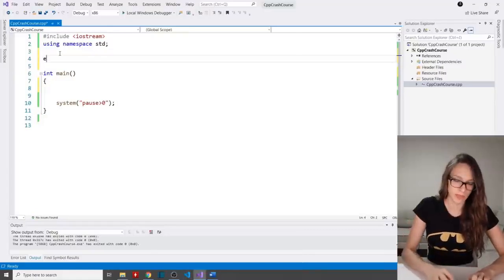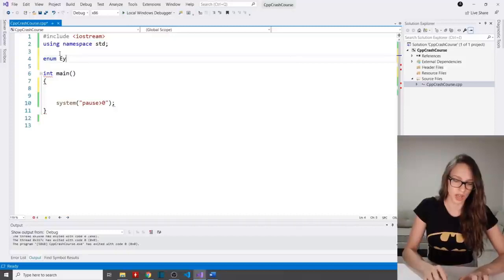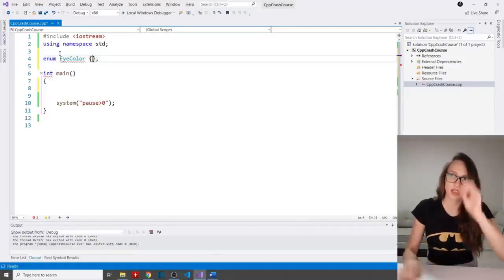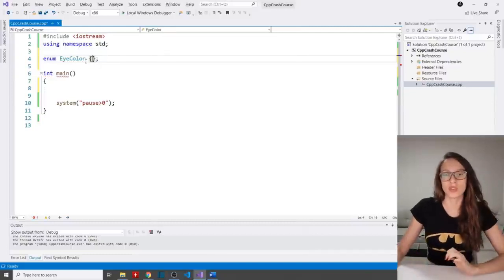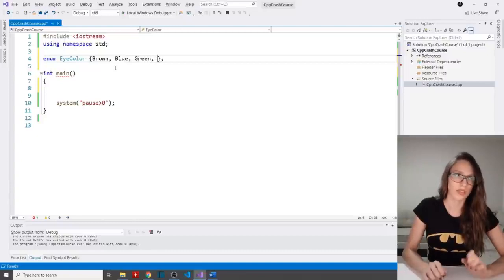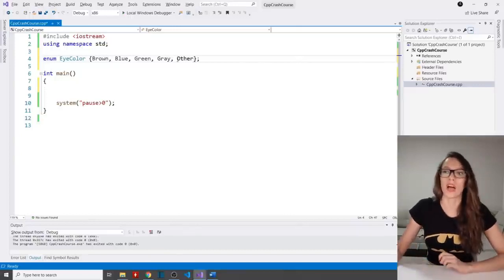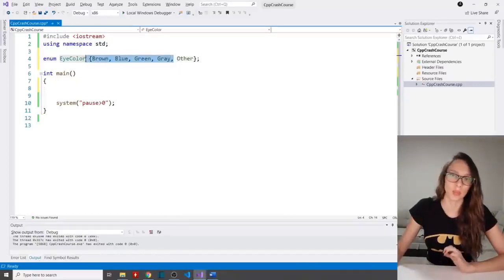So you say enum, and then let's call this enumeration iColor, like this. And then here you put variants, you put elements of this enumeration. So you say, for example, brown, and then blue, and then green, I think, and then we have gray as well, and let's say other to cover other possible eye colors, but let's say that these are the main ones.